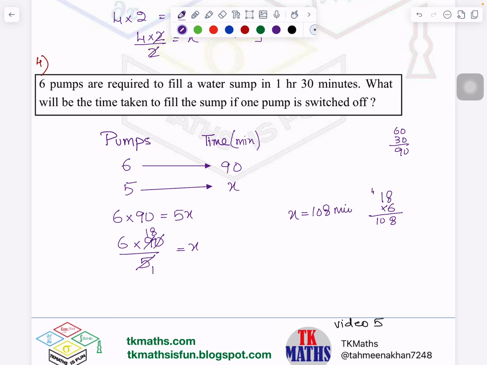But do we write time like this? When the question has given it in hours and minutes, then you also have to give the answer in the same unit. It depends on the question. It is not mentioned here, but it is an understood thing. In such a situation, the format in which the question is given, the answer is given in the same. So how will you do this now? From 108, you will subtract 60, because 60 makes 1 hour. So it means it will take 1 hour and 48 minutes to fill it. So this is how you will do it.